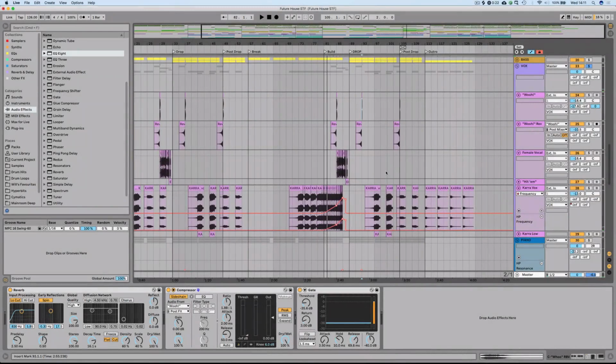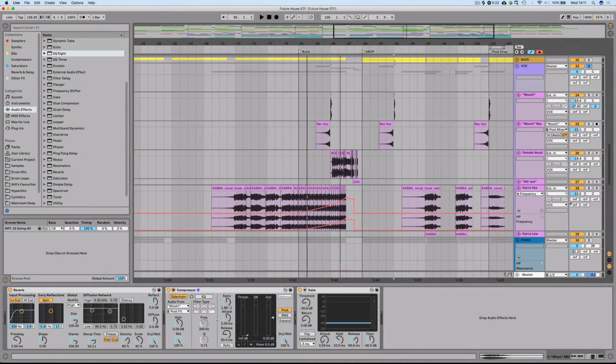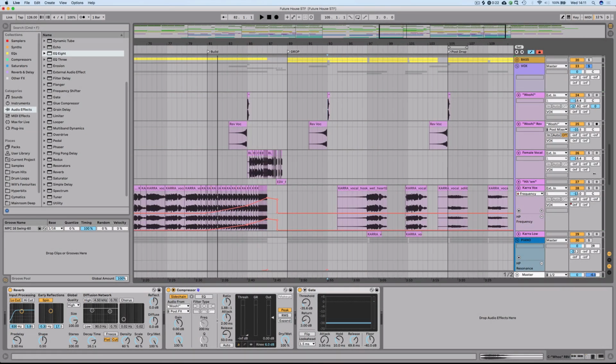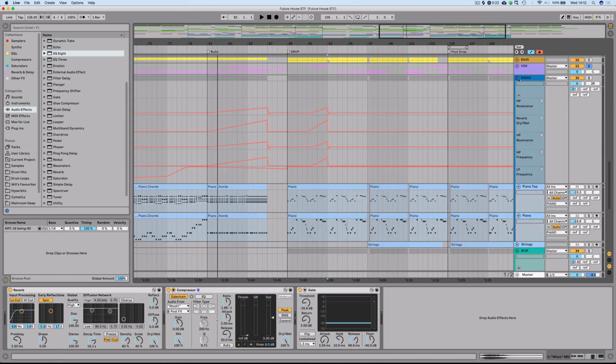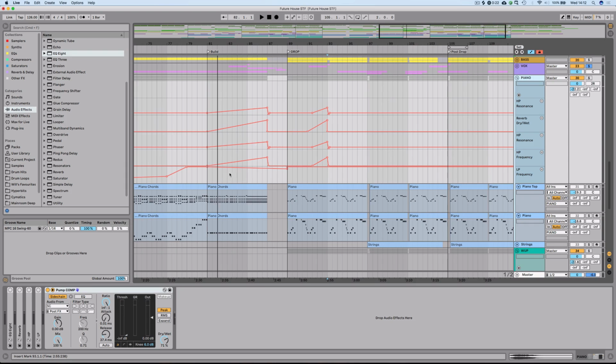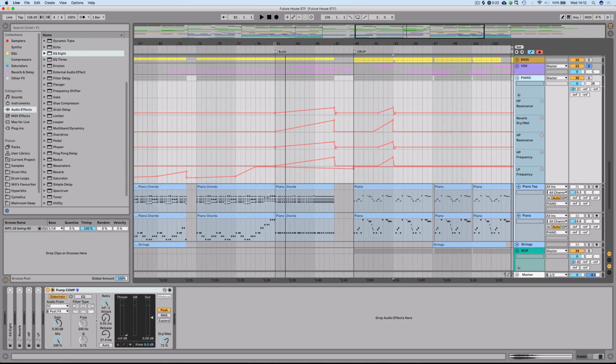Now, this kind of transition that I've done with Kara's vocals, I've done in a couple of other elements as well for the exact same reason. So you can hear I've done it, you can see here I've done it with the piano a lot. If we start turning some of these effects on,